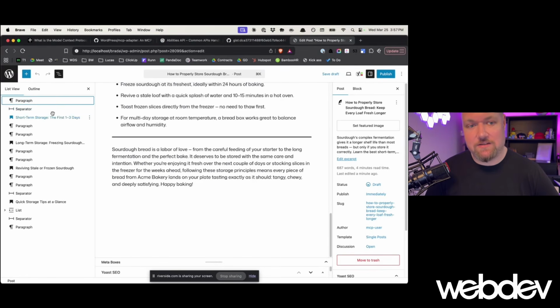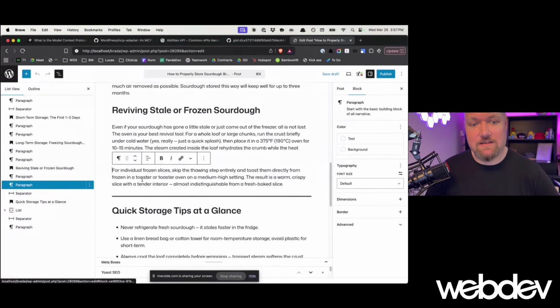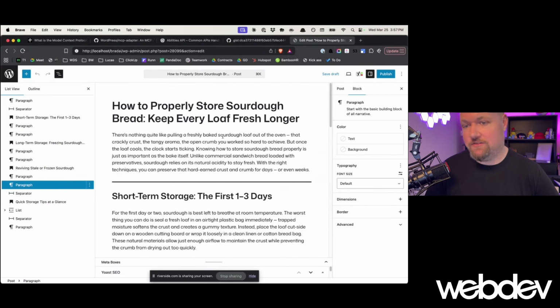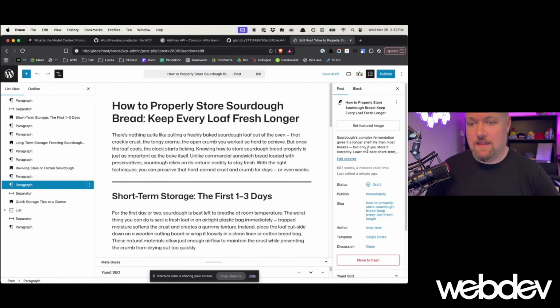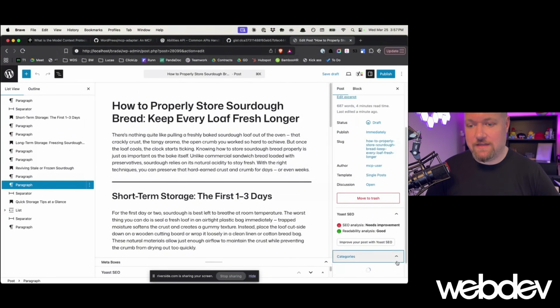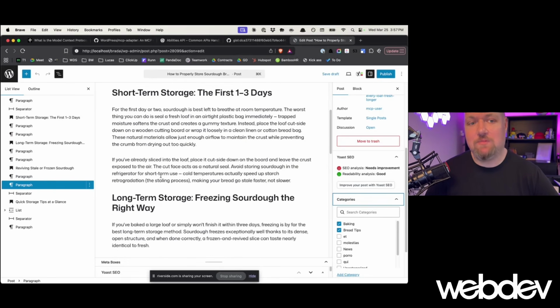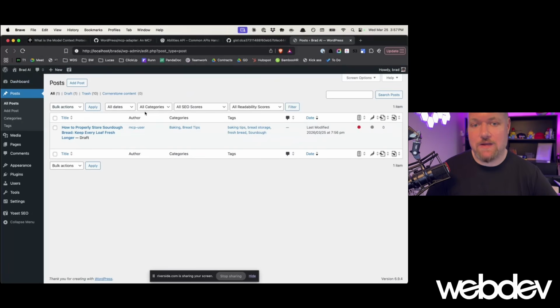Let's check out the blocks. Look, these are blocks. These are Gutenberg blocks it created. Amazing. Done. It's a draft, right? It's ready to go. It's ready to be modified, updated, however you want. What else did we say? Well, we said we also want it to have categories. Baking, bread, tips. It created those categories. They didn't exist. And then it assigned the categories to the blog post. All I have to do is hit publish, and I have an awesome blog post for my new Acme Baking